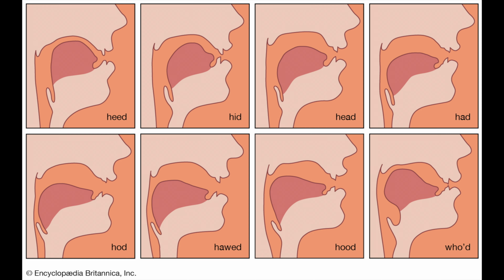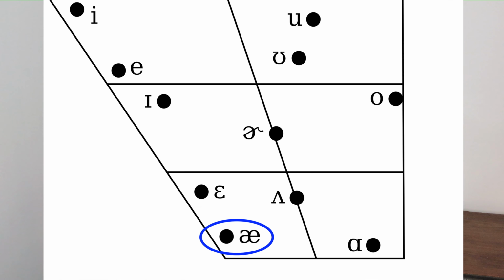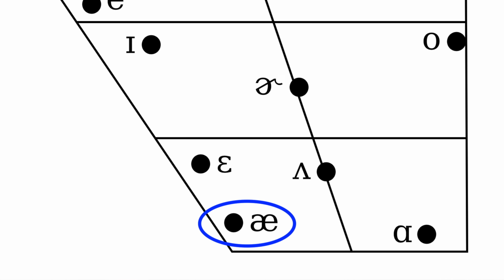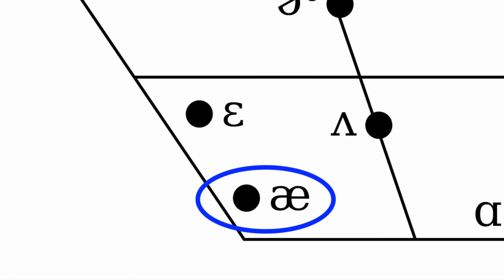Let's first do some crash course phonetics. This is a vowel quadrilateral. Without getting too nerdy, trust me, I really want to, basically different vowels are made depending on what you do with your lips and your tongue. The easiest sound to make, and a sound that babies make, is this ah sound. You really just have to vibrate your vocal folds and open your mouth. Babies make this sound all the time.